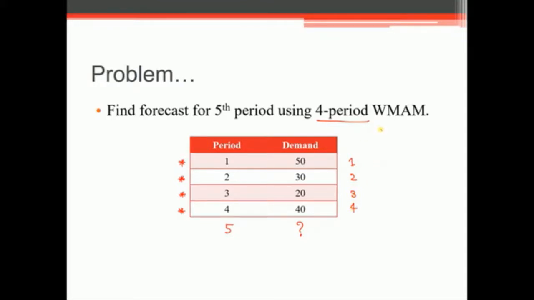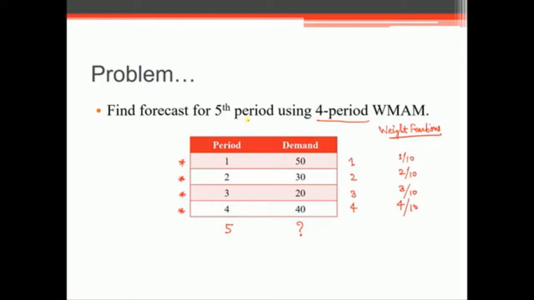So here I will write weight fractions. Make another table for weight fractions and divide each term by the summation of these. What is the summation? 10. So here I will be writing 1 by 10, here 2 by 10, here 3 by 10, and here 4 by 10. Now if you add these, you will get 1. That is the only condition that you have to take care of.